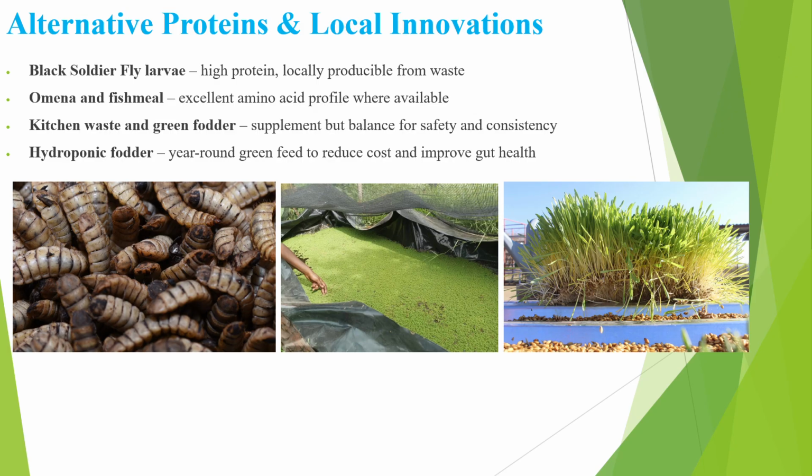Alternative protein and feed: what are the alternatives to these feeds? We have black soldier fly larvae. They are high protein, locally producible from waste. Omena and fish meal, excellent amino acid profile where available, but again, the quantities you want to use, you do not want to use too much